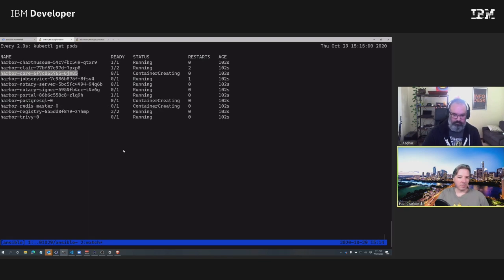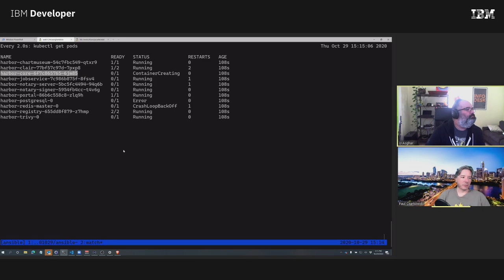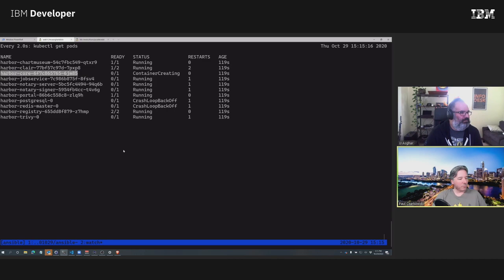Oh, see, Postgres and Redis. Oh, they were waiting on disks. Oh no. Oh wait, so no. So we're going to be sitting here waiting for PVCs to come in. I think it might even be worse than that. Why is that? Was there a setting we had to change for the block type?